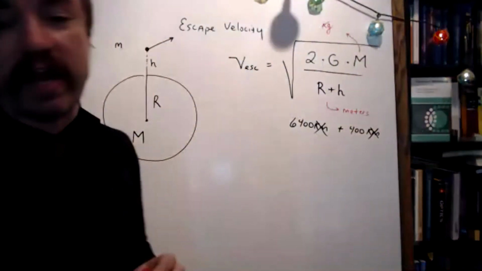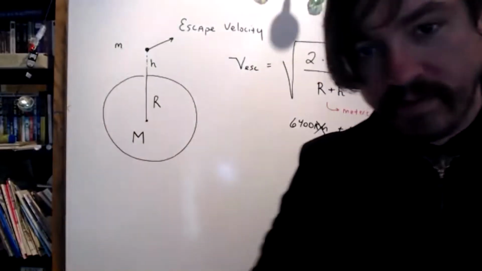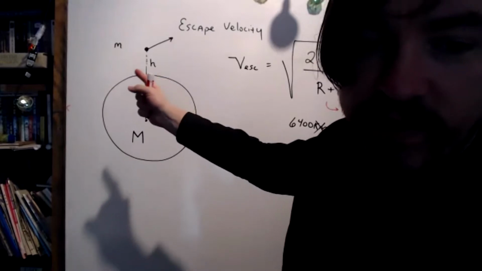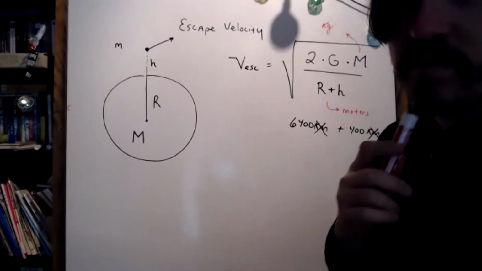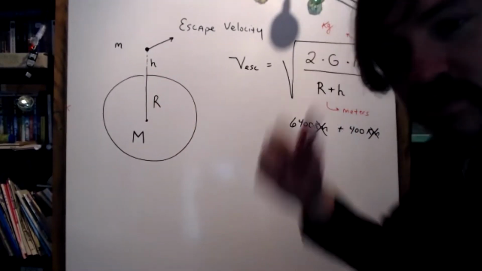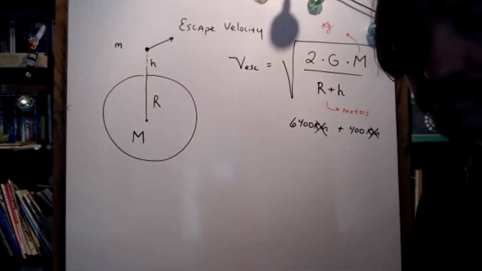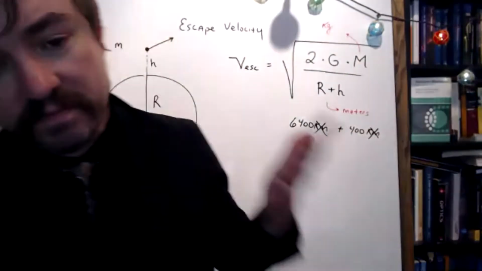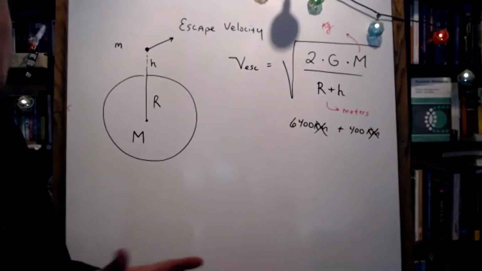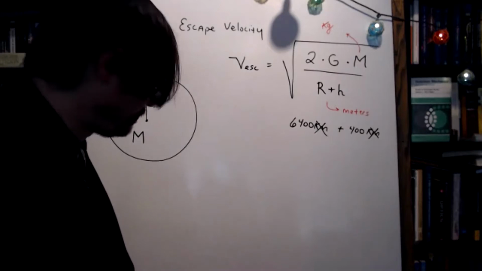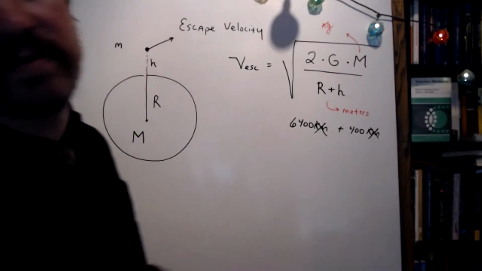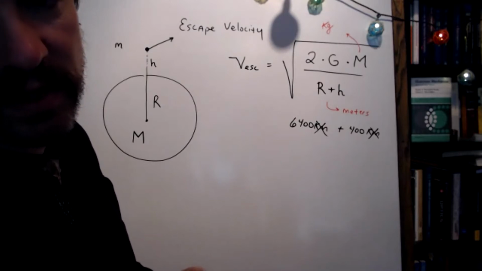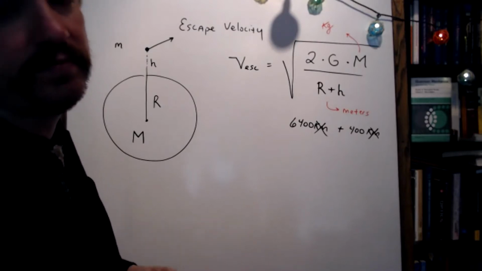Now, this might be too much to ask, but at some point when I introduced this formula, I had us calculate the escape velocity of Earth from the surface. Do you guys remember what that number was in kilometers per second? Close to 11 kilometers per second. Okay. Anyways. Technically, I remember from the summer session, it's a teensy bit less than that.